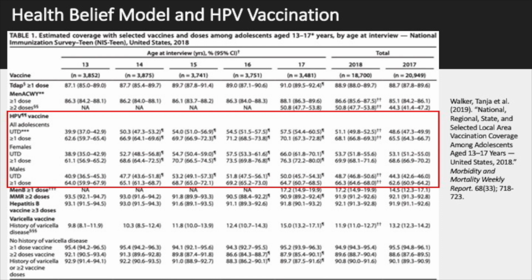So the question becomes, how do we explain why HPV vaccination is low relative to other vaccinations? And there are other vaccinations on this table. This is coming from the CDC. Why do we see a difference when it comes to HPV vaccination? And what is the role of parents? Preferences, beliefs, perceptions of risk of the vaccination or the benefits of vaccination and so on, because parents are often the ones who are making these decisions, not the adolescents. So that's where the article that you read for this week comes in.